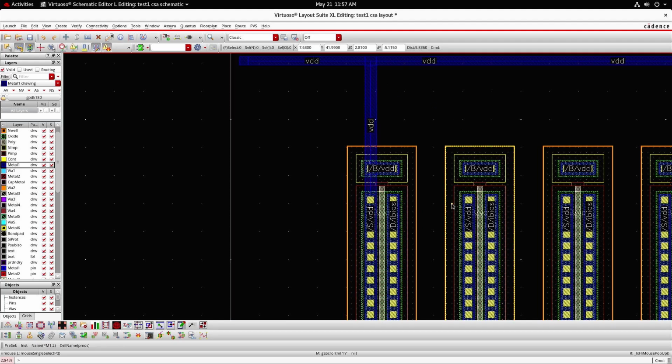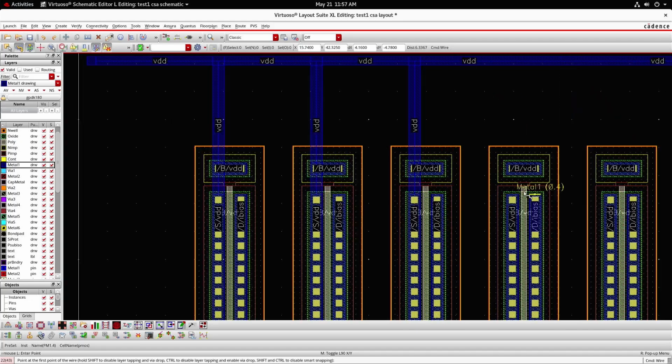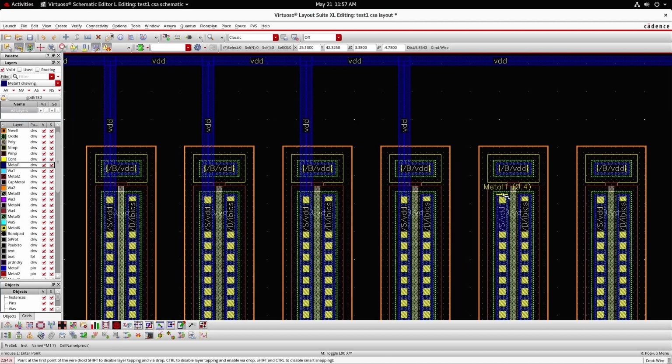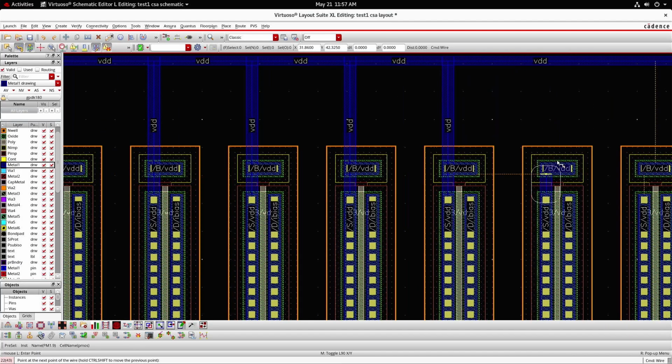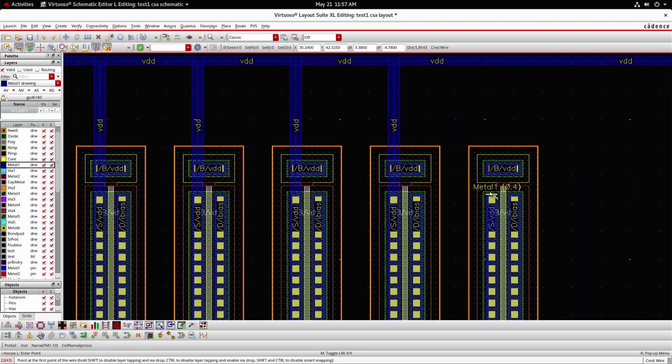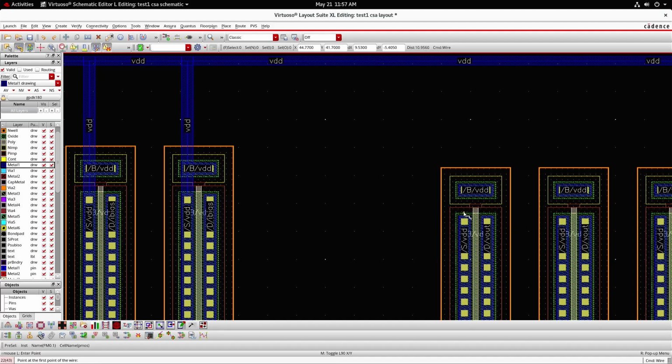The same has to be done for the remaining 19 multipliers. This is for the left hand side transistor. Similarly, you can do it for the right hand side transistor.